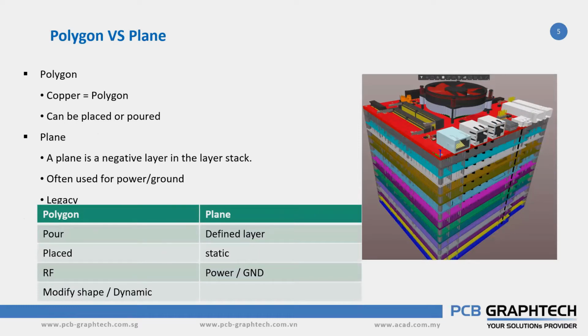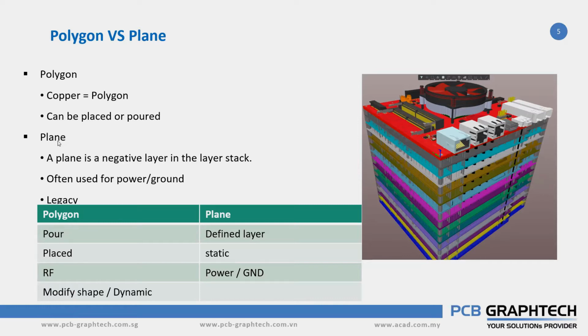Okay, normally we call copper a polygon. You can either say polygon or we can call it copper. It is normally a dynamic element. Okay, the polygon is a dynamic element. So when you pour the copper, it can be tied to any trace. When it is tied to the trace, automatically they will interact with each other and stick to the trace. So the trace will be combined with the polygon, and it will give you a redefined shape.